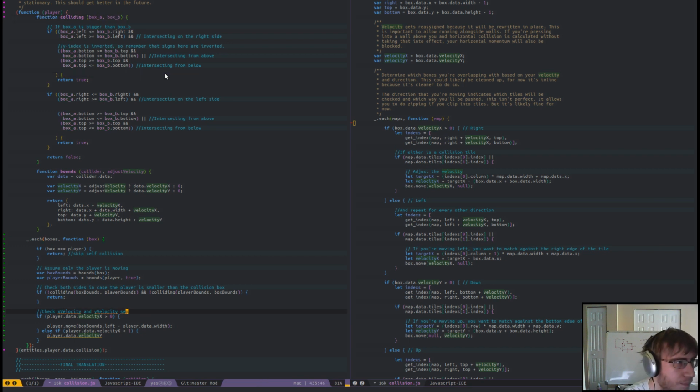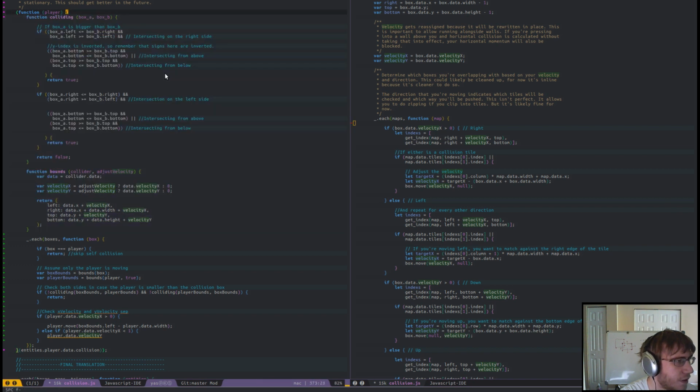But this is going to be basically the gateway code that's like, hey, if this doesn't run, then there can't possibly be a collision happening right here. This stuff should be indented correctly. There we go. That's basically going to be the gateway stuff. And then over here, we're going to say, okay, if you're moving left, basically, I'm going to say if your left point is